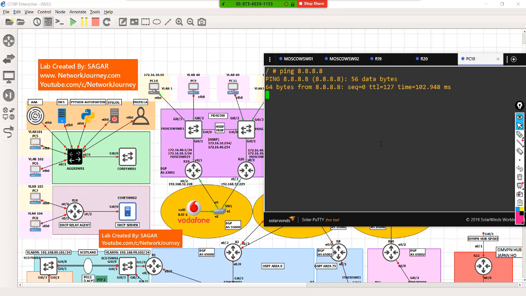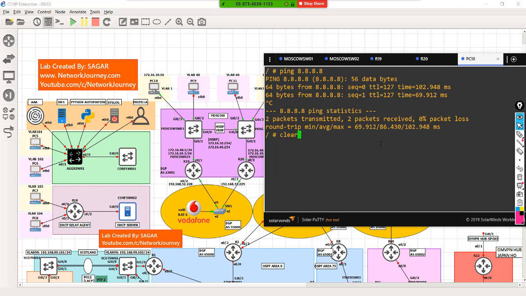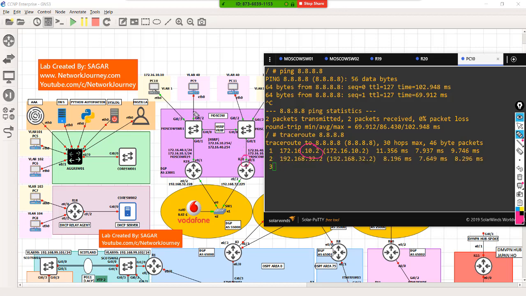Let's first ping. I still have reachability. What about traceroute? Let's find out how the traffic is going now. So now it took the second path, that is 10.2, and where is 10.2 configured? It's configured here. So now the traffic is flowing across in this direction. So this is HSRP behavior.